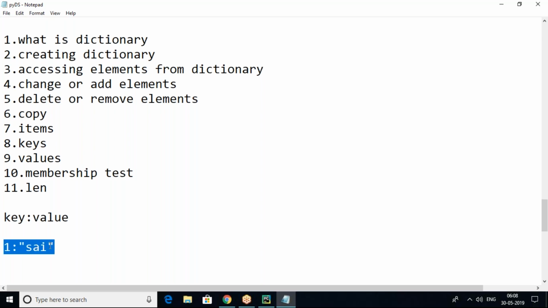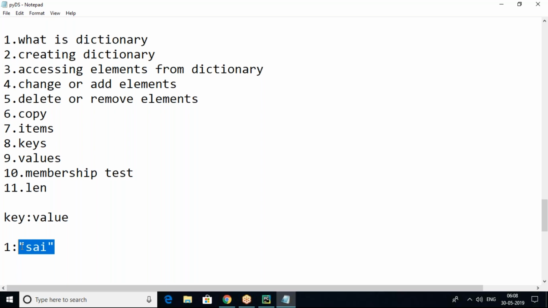Coming to the value, a value can be of any data type. A value is mutable. That means we can change the value, and a value may be duplicate also. It need not be unique. So duplicate values are possible, but keys cannot be duplicate. Key must be unique.